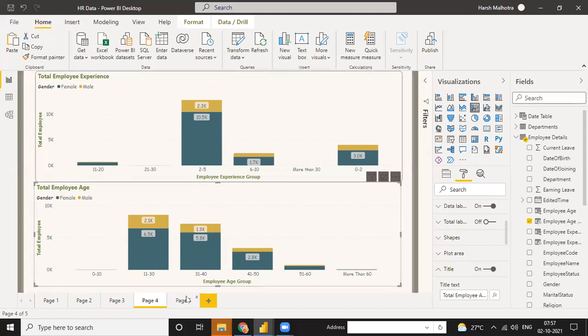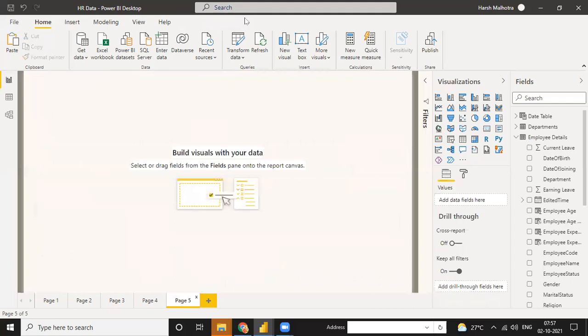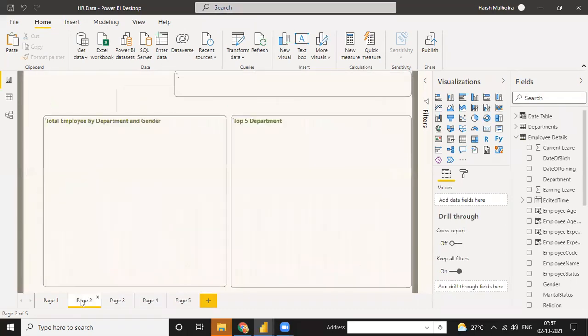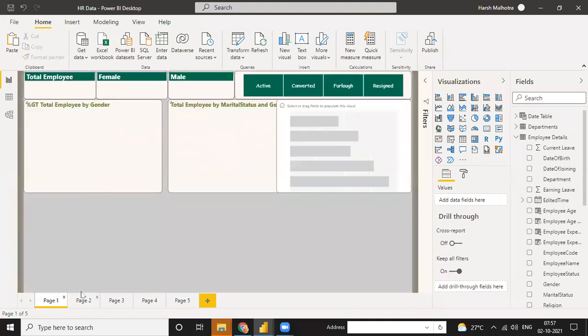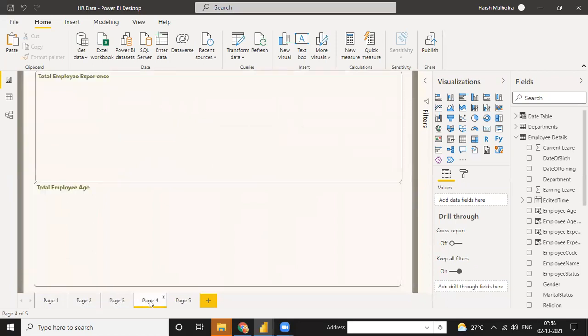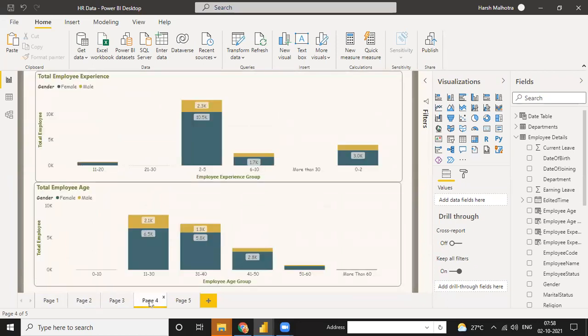Any doubt till now, guys? Anyone? Any doubt till page 4? No, sir. Today we have to complete all this HR function, so that after my session today you have to make a separate decision, and then you can complete your complete dashboard and send it to me.